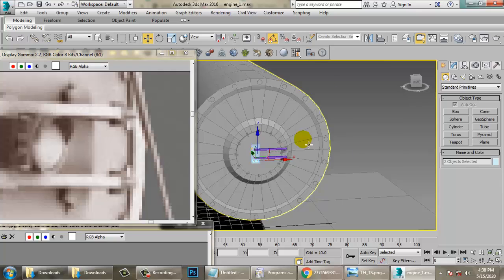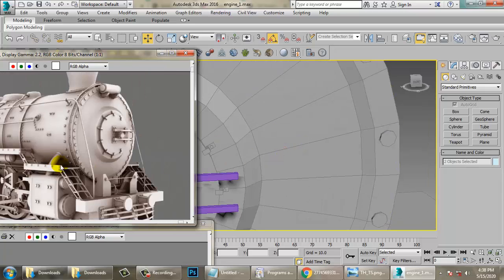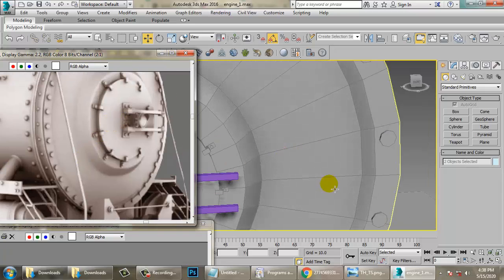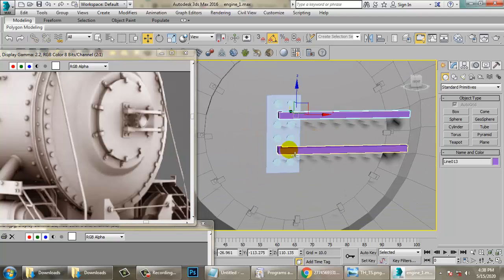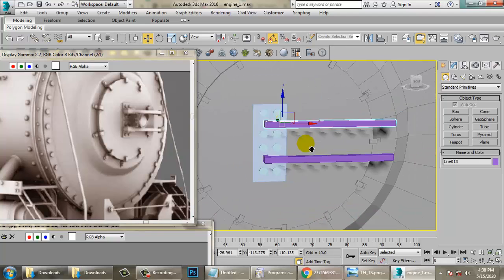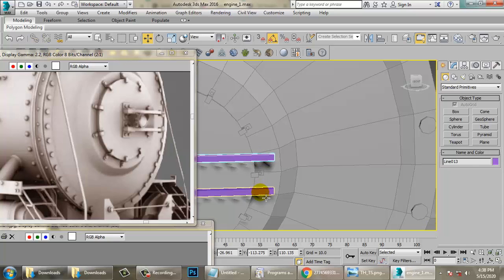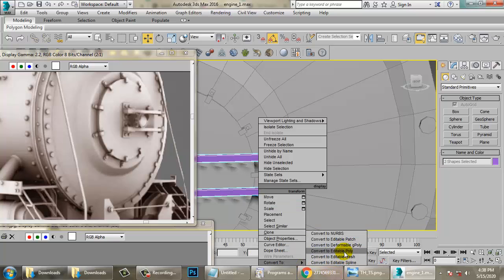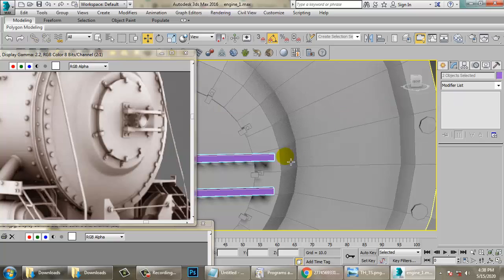Now I want some details over here, so let's create some details. Let's select both of these and convert to editable poly. Save your file.